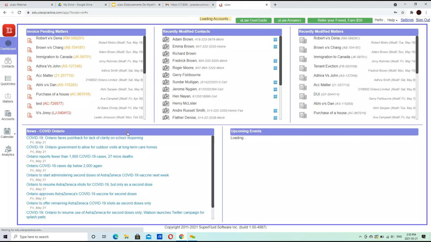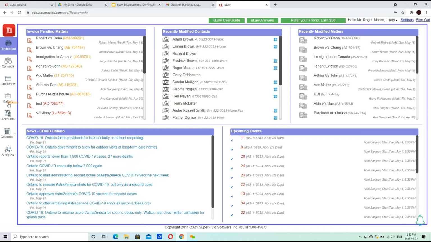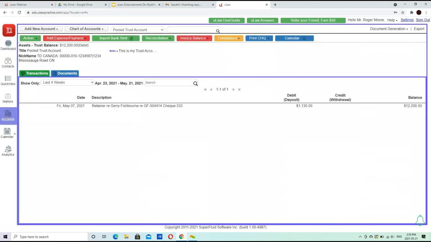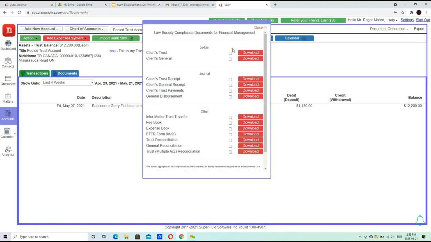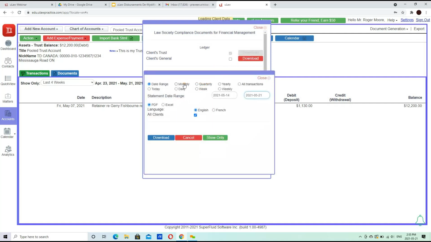Okay. So I'm logged into this fixtures account of Roger Moore, who is my legal professional, and I'm going to pretty much walk you through the different documents that you can generate. If I move into my monthly compliance, you can see you have the client's trust ledger.